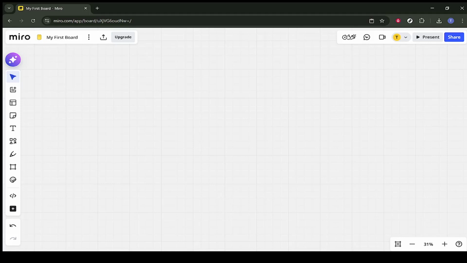In today's video, I am going to teach you how to add Mindmap in Miro. To begin, open Miro in your web browser and go to the board where you want to build your mind map. In this example, you will open a board from your dashboard and enter it so you can work on